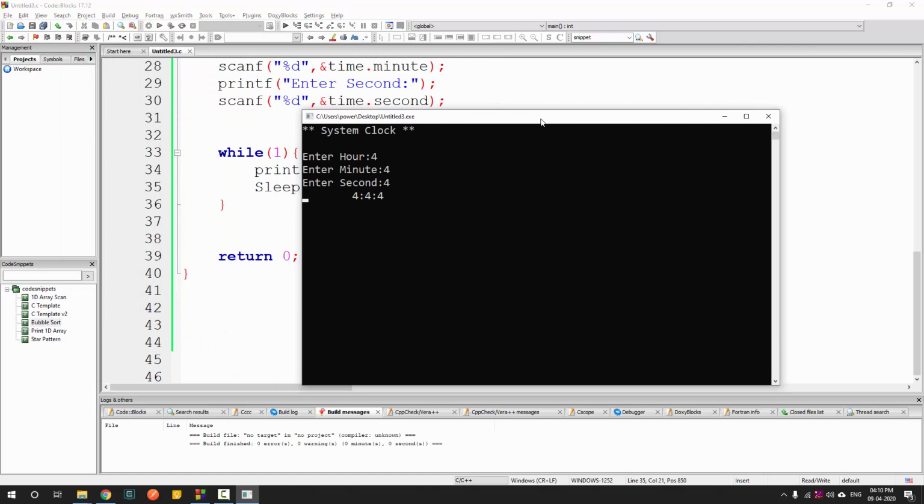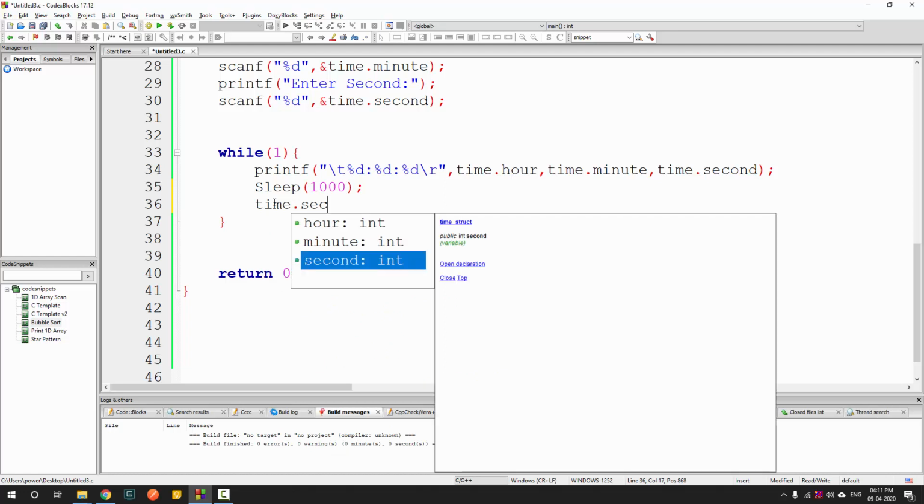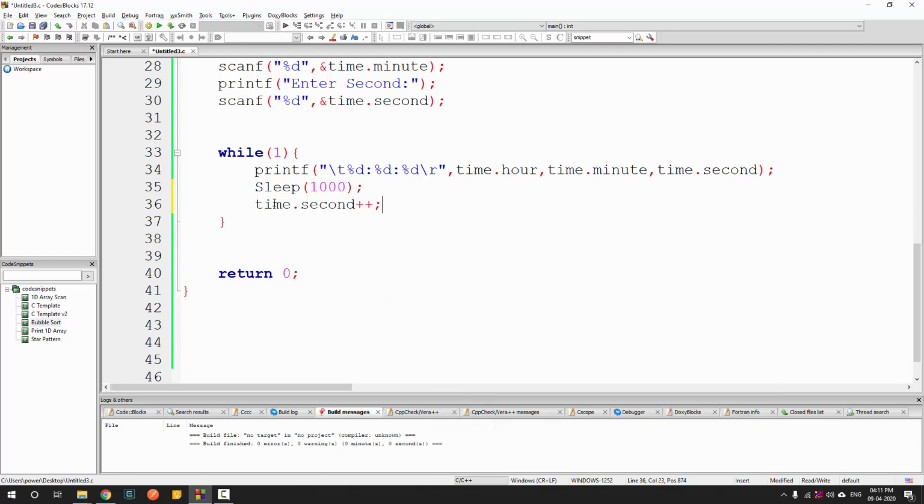So let's put some values. Now if you see, it works, but it is not changing the time, right? That is because after I sleep, I should now increment the seconds by 1, right? So to do that, I can simply do time.second++, right? It's that simple. Now if I run it,